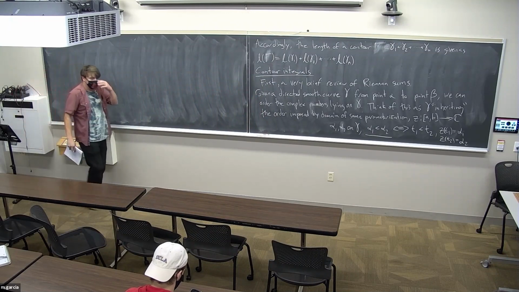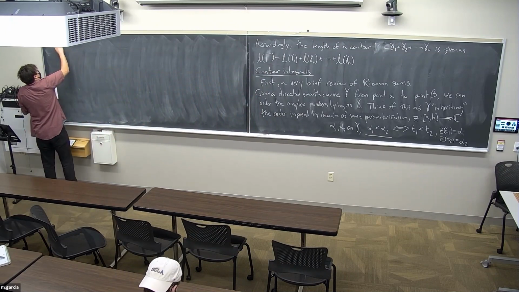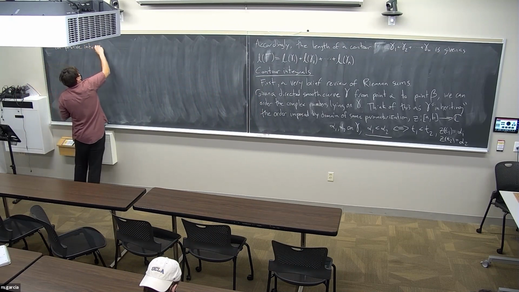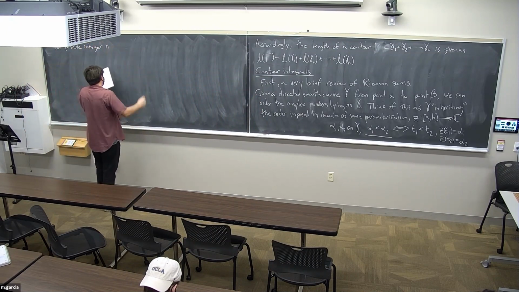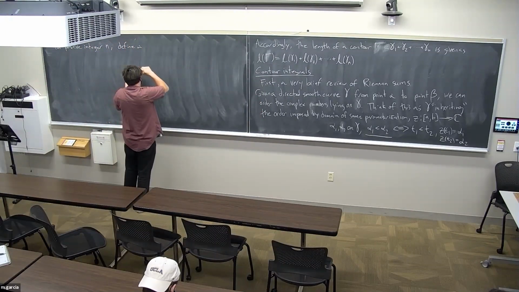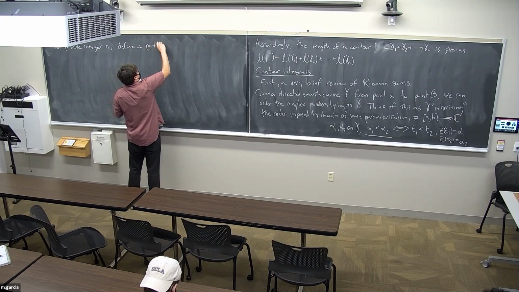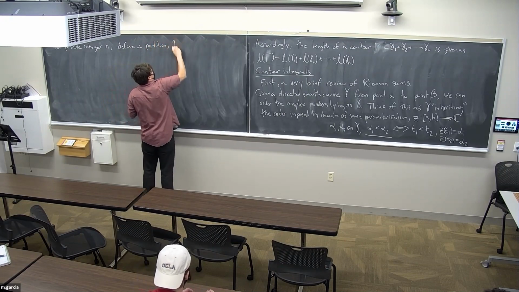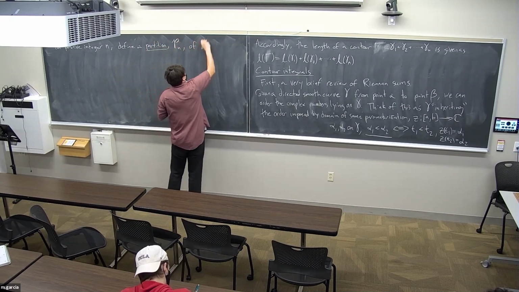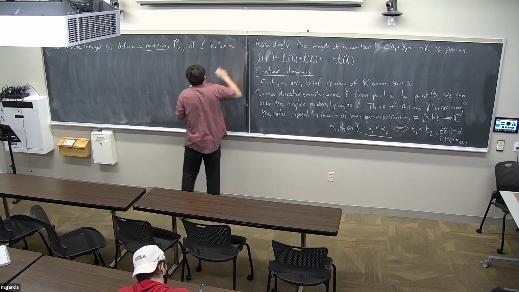Some of the machinery to define Riemann sums. Okay, so for a positive integer n, remember that we define a partition, this script P sub n, of gamma to be a finite collection